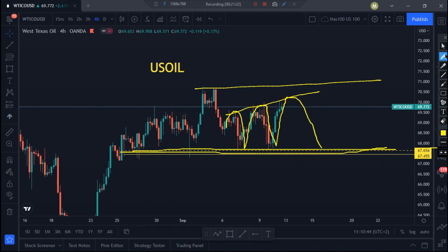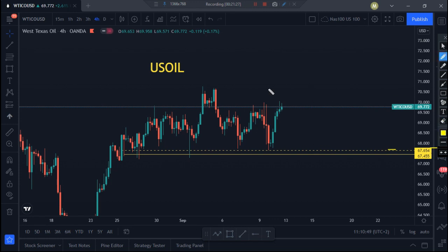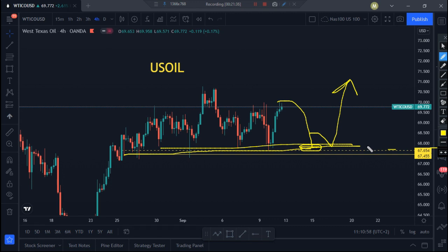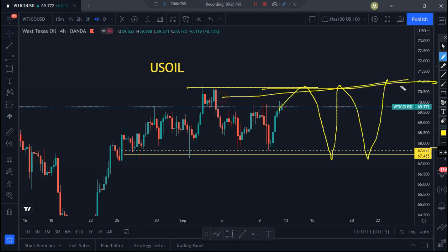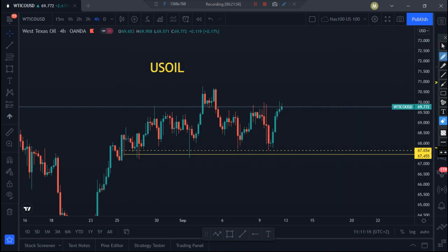So it means we need to wait for a very nice resistance area to happen. Or if that doesn't happen, we'll be waiting for the market on the support area where we'll be ready to shoot. If not, we just have to wait until the market gives us something. Then we're going to say, look, man, everything is perfect, the structure is there. I hope you understand that, guys. So let's go to the last one,